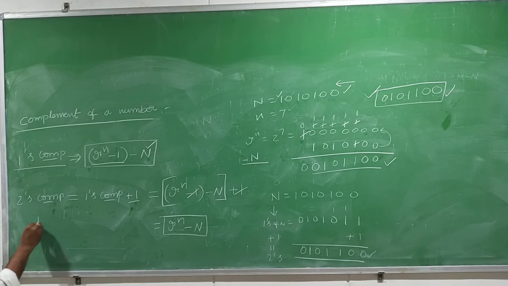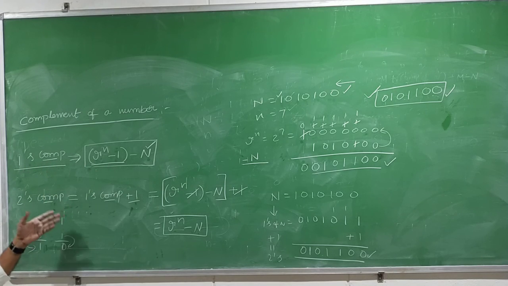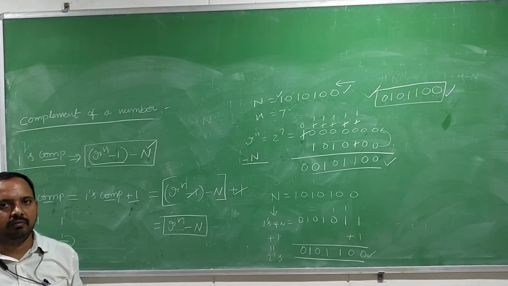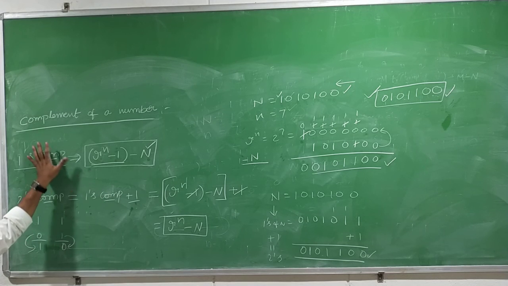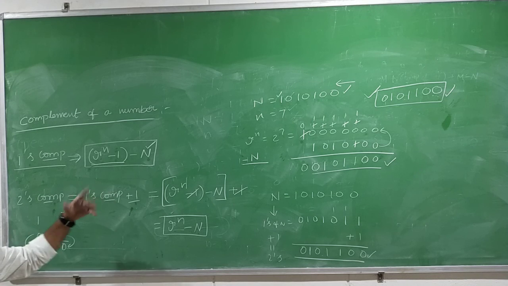So always you have to subtract the given number from 1 only. The given number has either 0 or 1 in each and every bit position. When you are subtracting from 1, 1 minus 1 becomes 0, 1 minus 0 becomes 1. That means the given number becomes 1 to 0, 0 to 1. So that is why in the 1's complement method we directly invert, and in the 2's complement method we follow that shortcut. These are the most important, 1's and 2's complement methods in the binary system, more than all other methods.